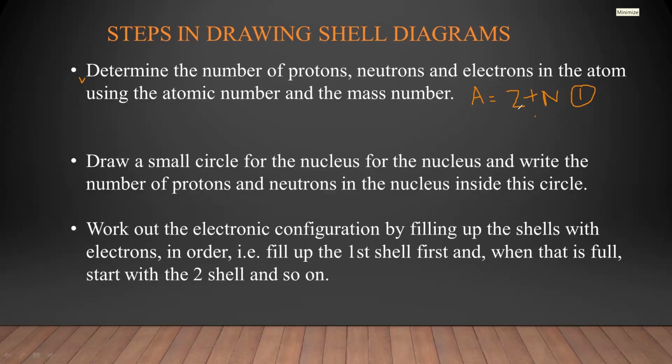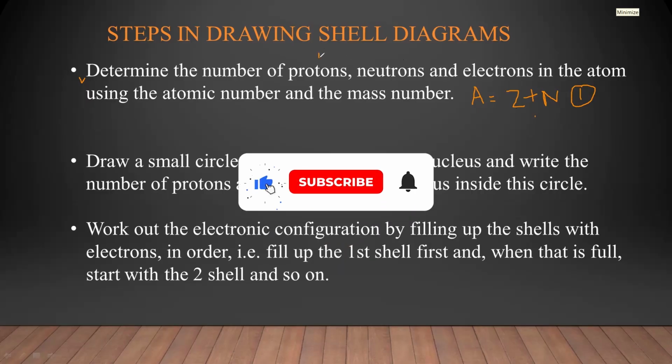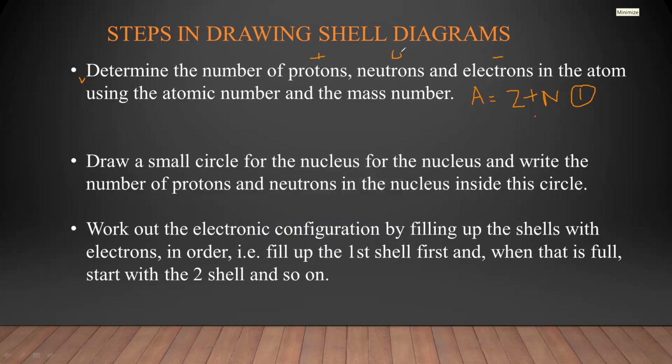Once you know the amount of protons, the atomic number tells the amount of protons as well as electrons in the structure of the atom, which is going to result in the overall charge being 0. Both of them are equal. Remember, the charge on protons is positive, the charge on electrons is negative, and the charge on neutrons is neutral. So once they're equal, the charges cancel each other out, which makes the overall charge on the atom